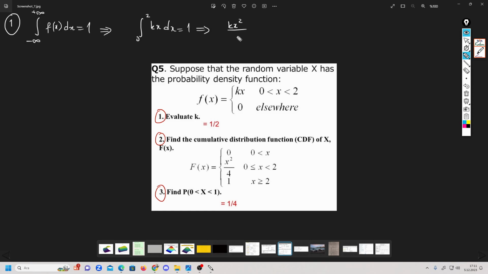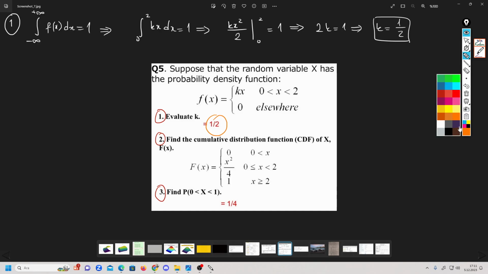kx squared divided by 2 from 0 to 2 is equal to 1. If we substitute, 2k is equal to 1, therefore k is equal to 1 over 2, which is given here. Same result. And the second question,